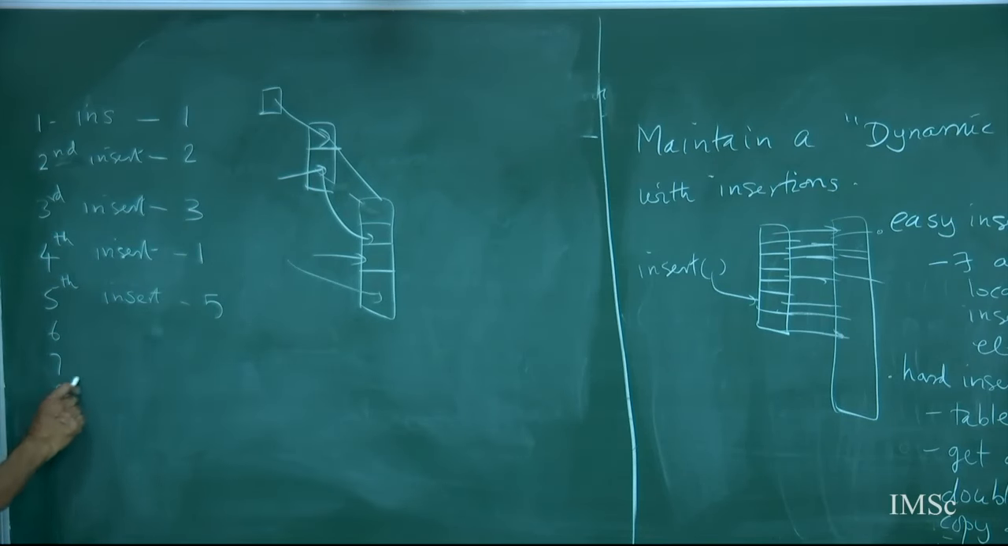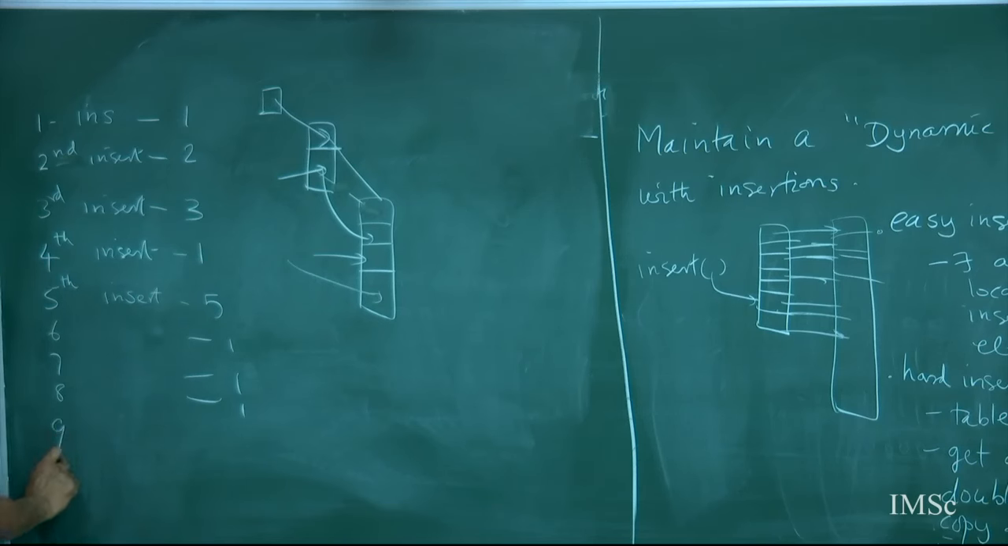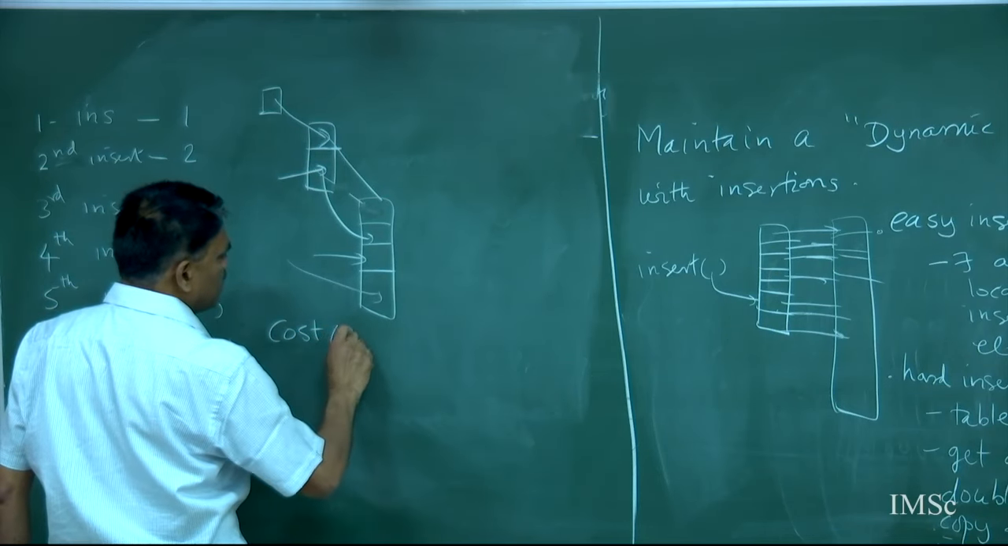The 6th, 7th, 8th inserts would be 1 each, and the 9th insert would again be 9. So what is the pattern? Now what is the goal? I'm doing t insertions and I want to know what is the total cost. So the cost of the ith insertion